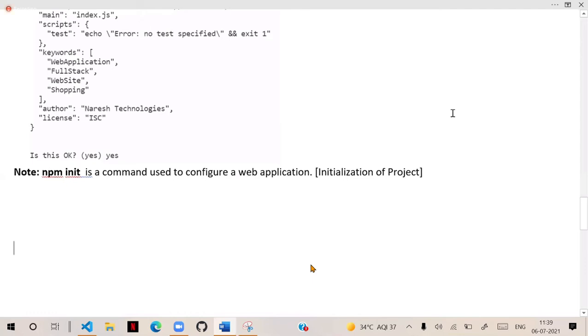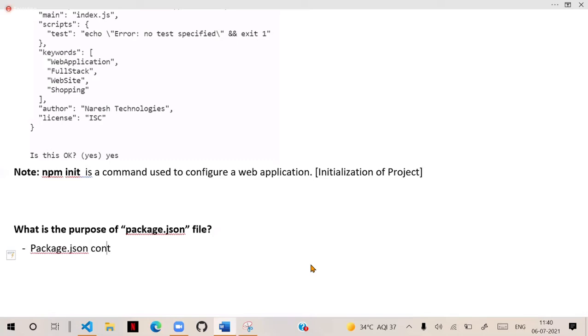Now, the question here is: what is the purpose of the package.json file? Actually, package.json contains metadata.